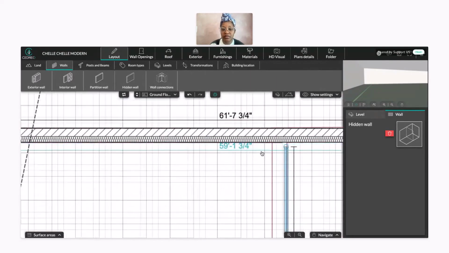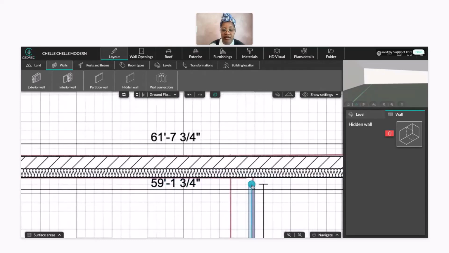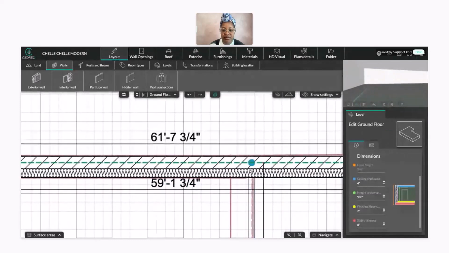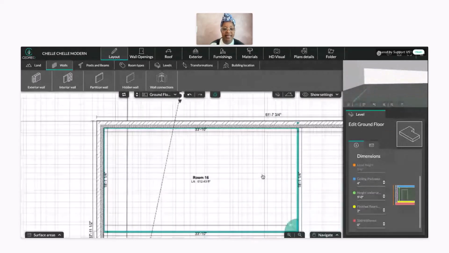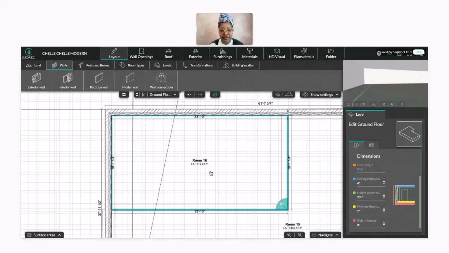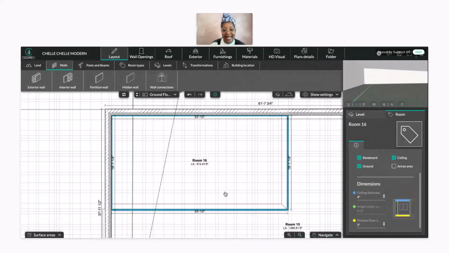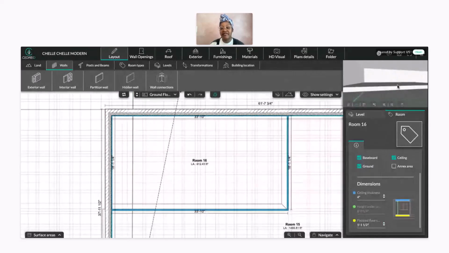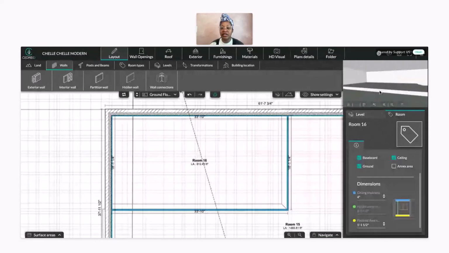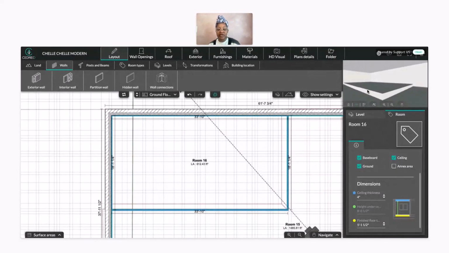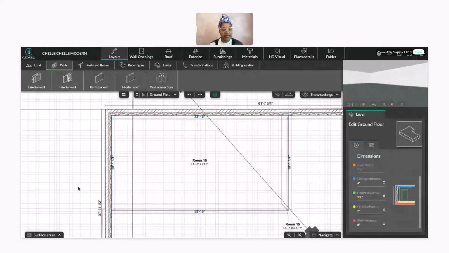Zoom in and just click on this dot and enclose your space. And now you have your room number and your living area space. Click in that space that you have created. You're able to adjust your finished floor for that space. You can increase it, if everything else in the house is lower and that other space is higher. Or on the flip side, the other thing you can do is click on the outside of your plan,